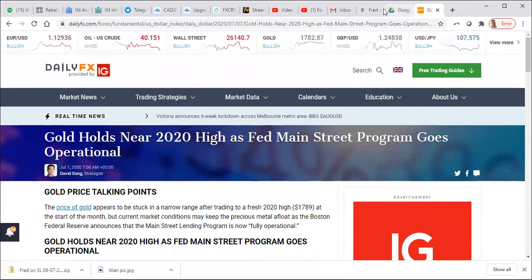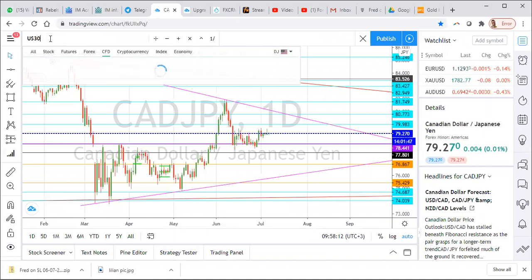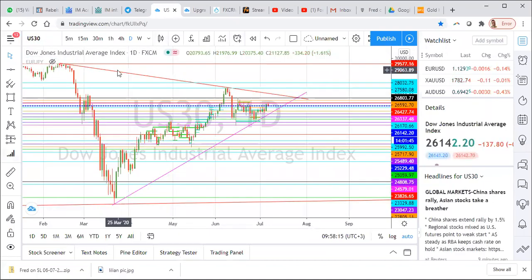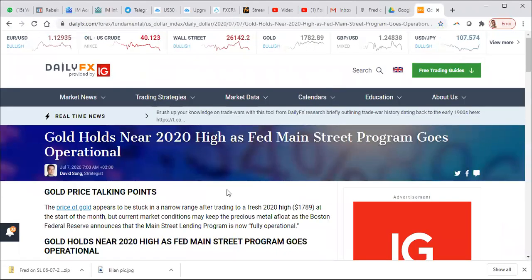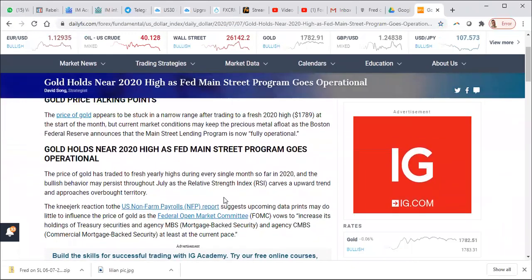I am also still bullish on, let's just look at the chart again. I've said bullish gold, so let's look at USD. Okay, I'm still pullback and then continuation on this. So we'll stick to the pullback of 400 pips and then continuation in the short term, because indices moved really crazy. So back to daily FX. I looked at UJ bullish, yes.